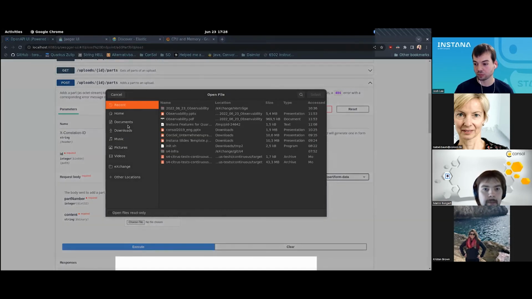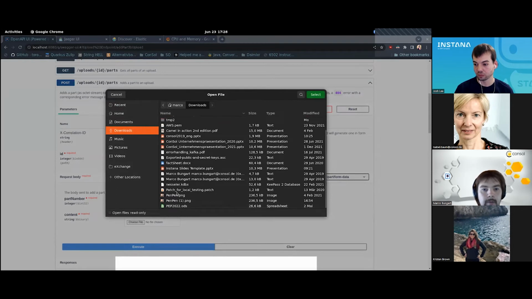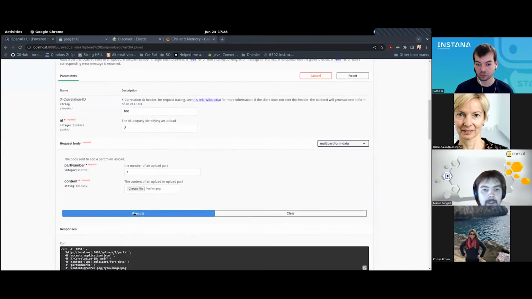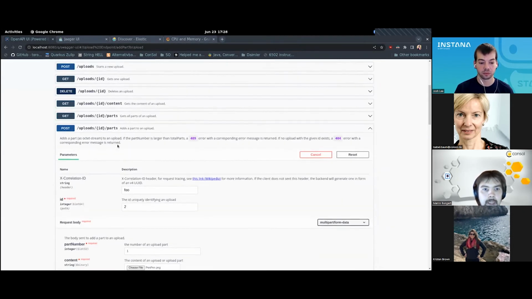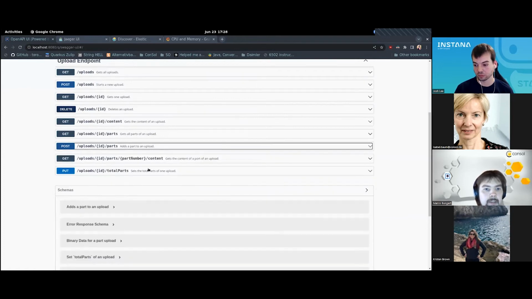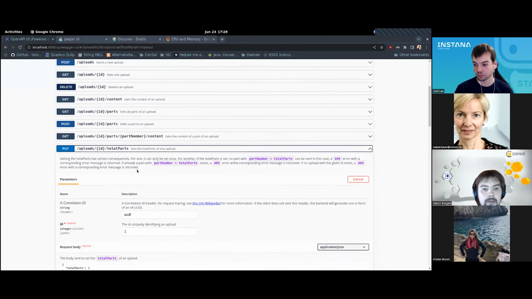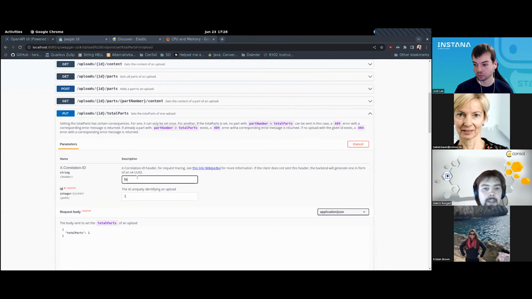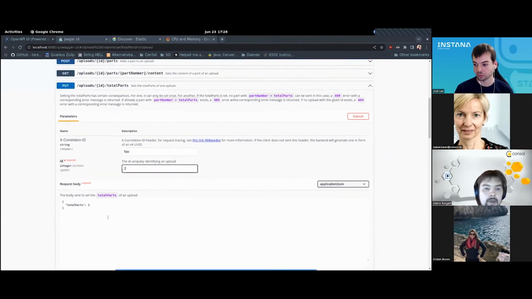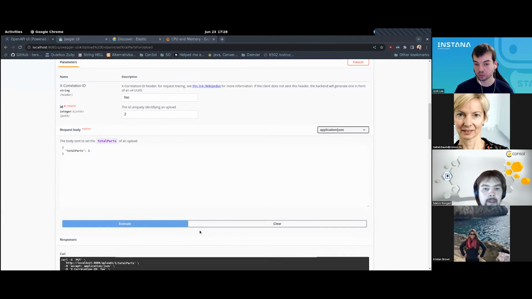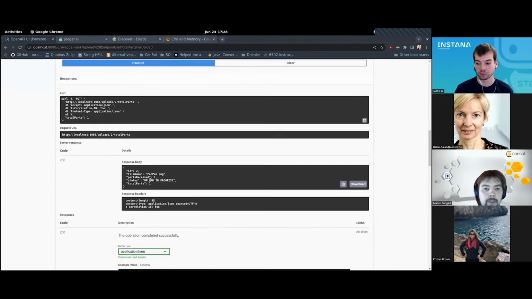Then we are going to post one part to this upload. This will be my trusty little penguin right here. And since this is a small file, we are just going to say, okay, and this is it. Upload number 2 has only one part. And we see right here, it's now showing, okay, upload is still in progress.